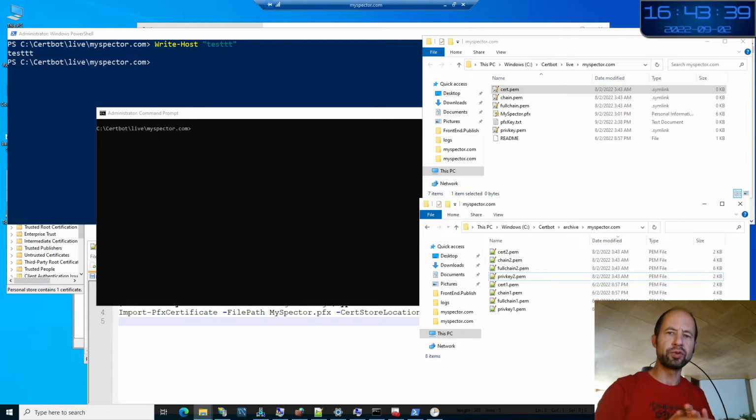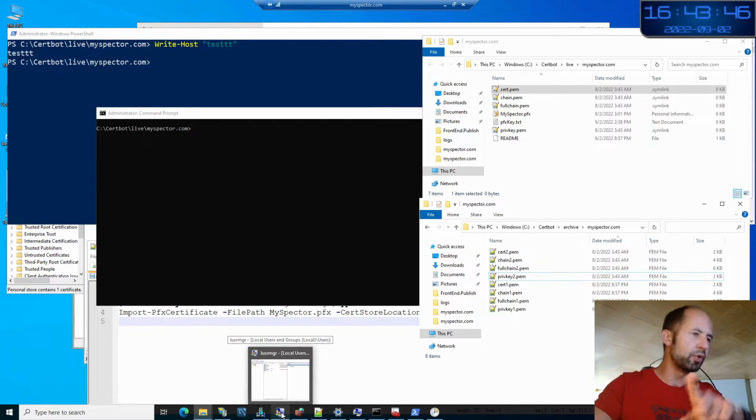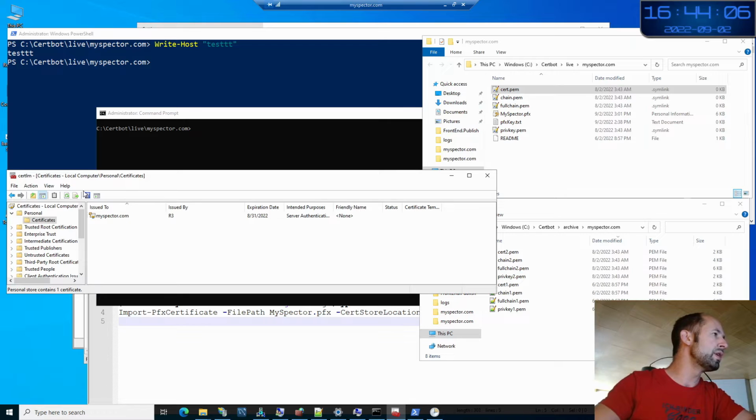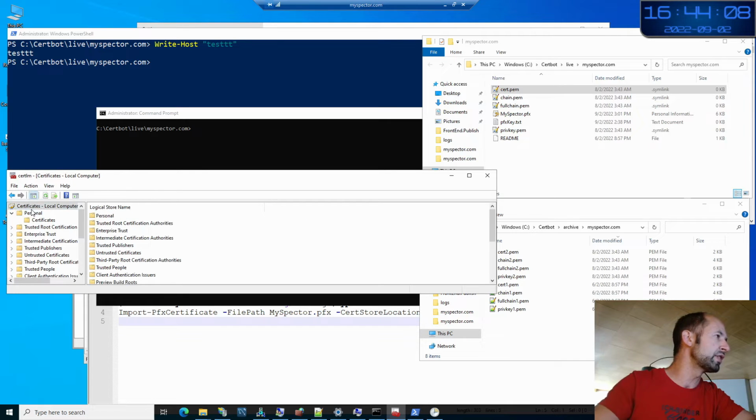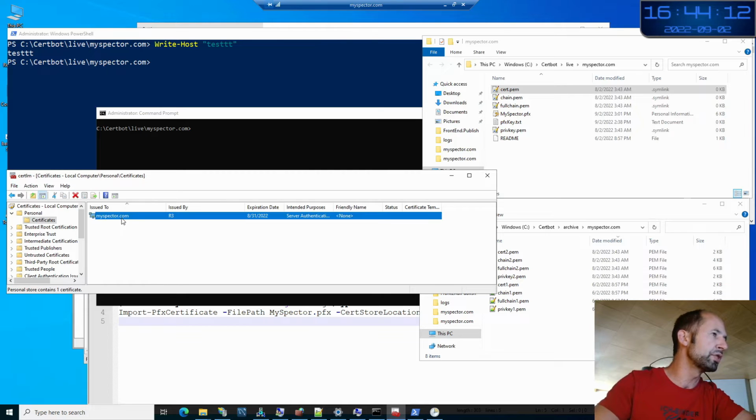Before doing this, we are going on the machine where the certificate is displayed to understand better where the issue comes from, and also to check once we have updated that everything is correctly done. In the list of the certificates, you see the certificates of the personal computer. Here, certificates. There is a myspector.com with the expiration date of 31st of August.